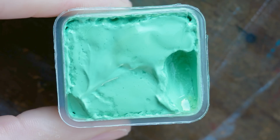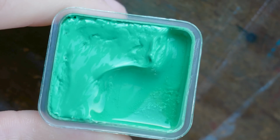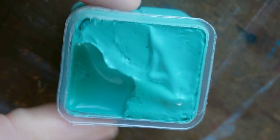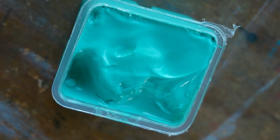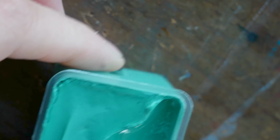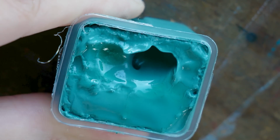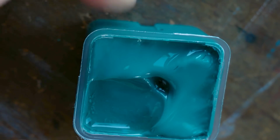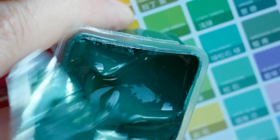And I put it away in a cabinet for a few months because at first it was because I was working on other things. And then in my mind, it just started to become this gargantuan task to do what I'm doing today, which is to film the process of opening all of them, trying them out, letting you know what I think of them. And it was finally time. It was finally time to get them out, to open them up. And it felt like a bigger deal to open these because once they're open, they're all open